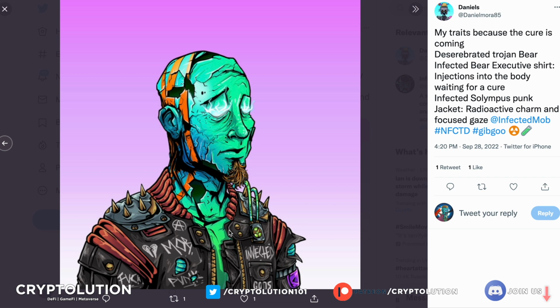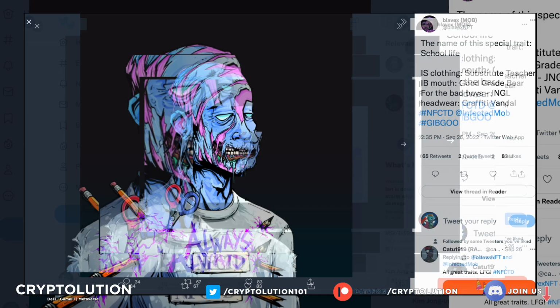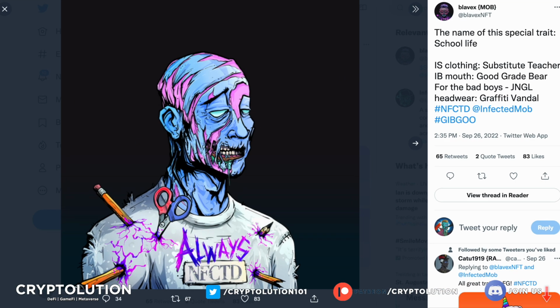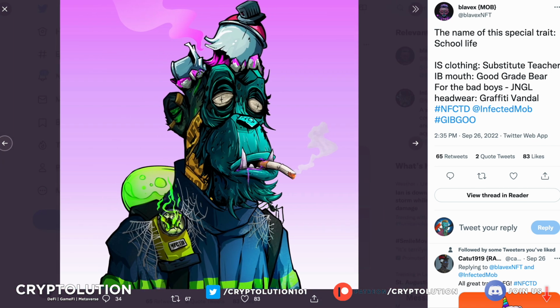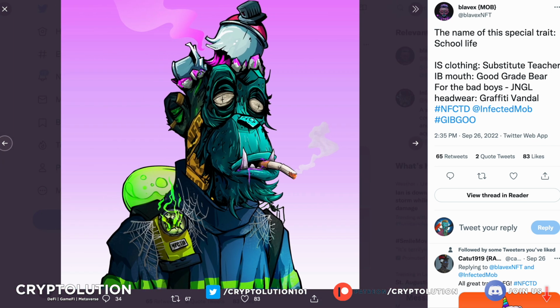So these are the 2 jackets that possibly could infuse. Again, this is just people's perspective. And this was 3 different ones. We have the substitute t-shirt from Infected Solympus. We also have the good grade bear, which is the mouth, and also the graffiti vandal or the headwear trait,